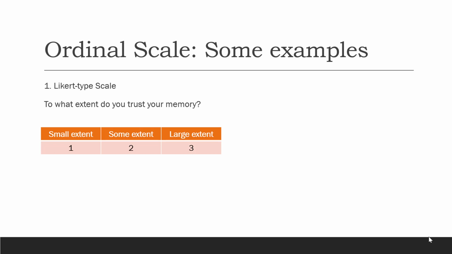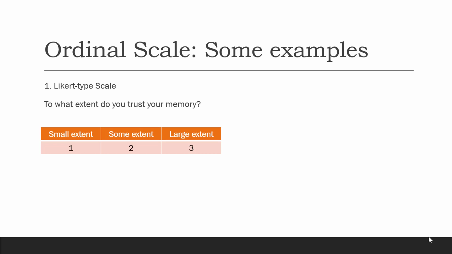In other words, the implied concept of ordinal scale is that there is an order from small to large, or very small to very large, from not important at all to very important, from less to more, from small to big. That is a fundamental concept